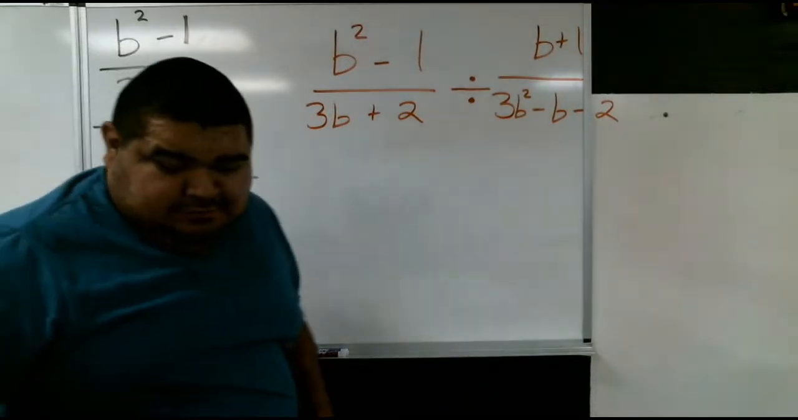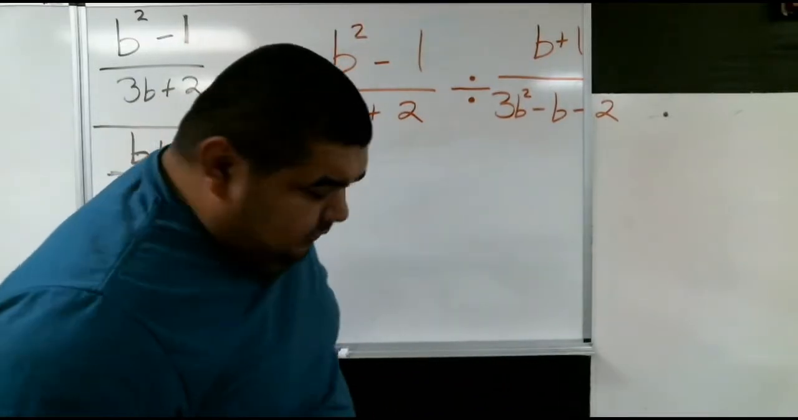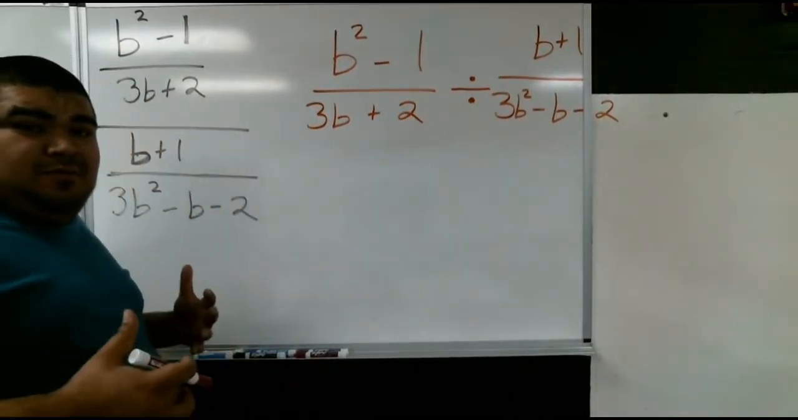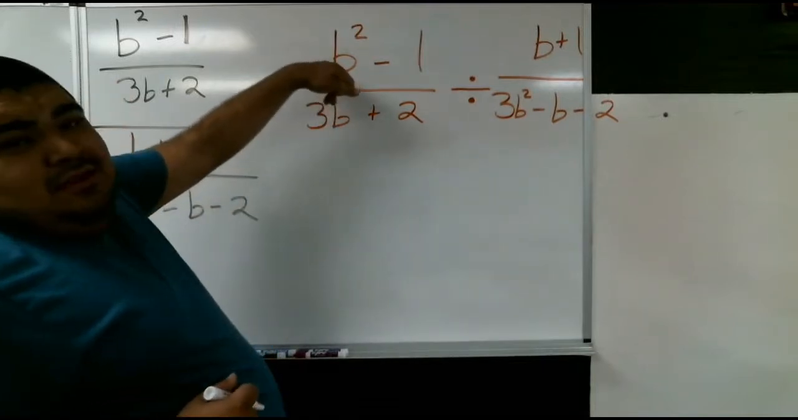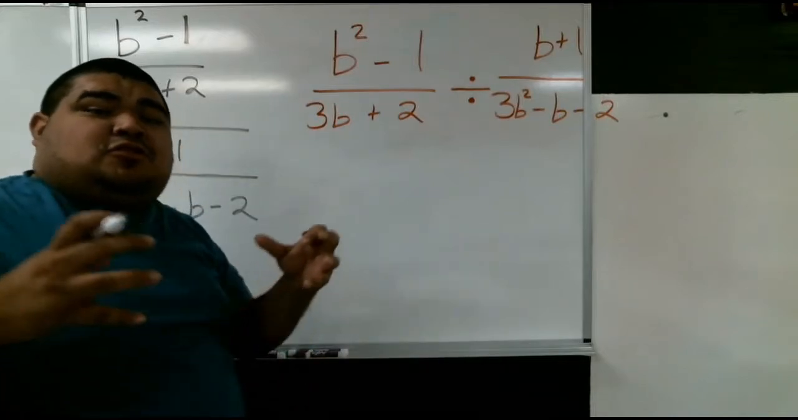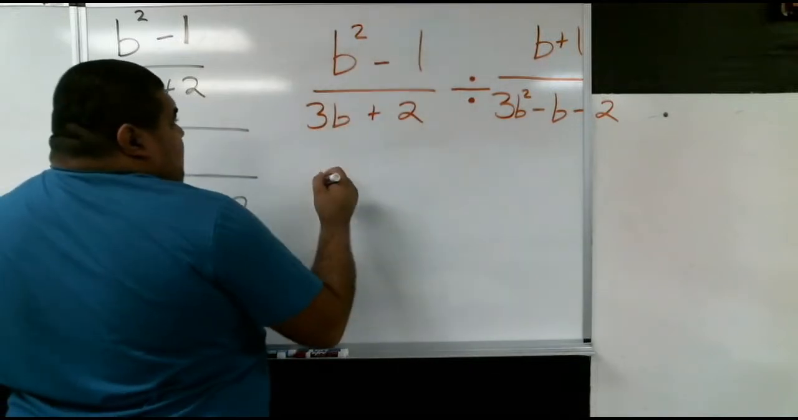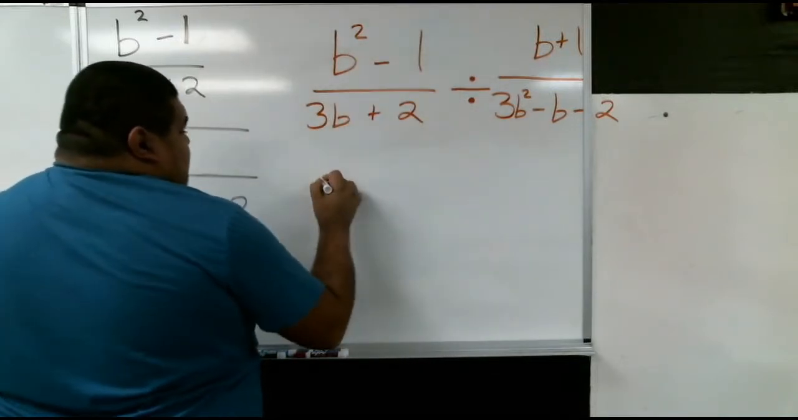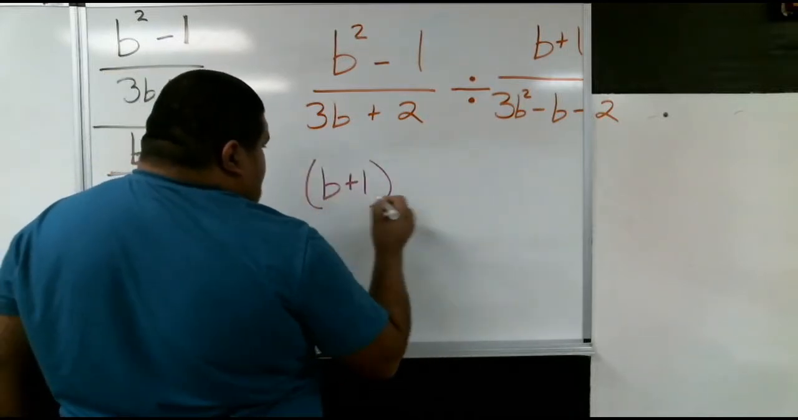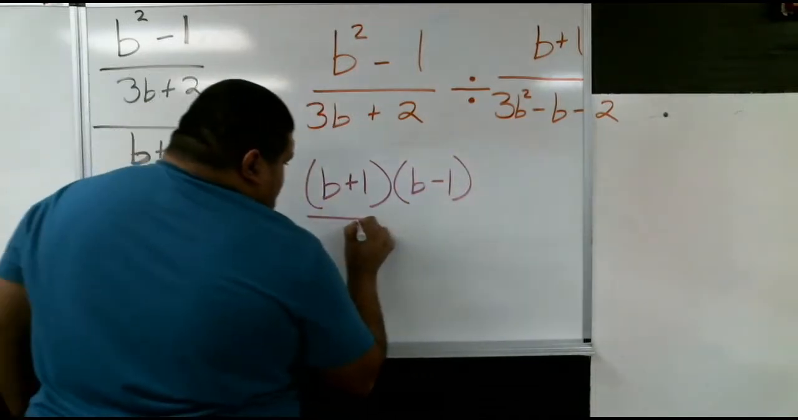First thing to do is we're going to break it down and make it a lot easier on ourselves by rewriting it. If you guys remember from last class, for any variable squared minus a perfect square, all you have to do is break it down into two pieces, one positive, one negative. So we're going to rewrite the top as b plus 1 and b minus 1, over